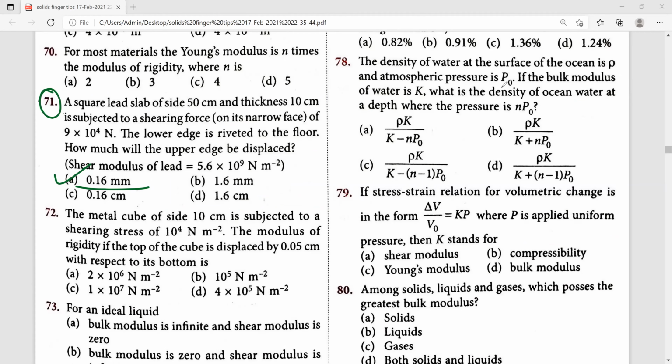Next, 72th one, a material cube of side 10 centimeter is subjected to shearing stress of 10 to the power of 4 Newton per meter square. Modulus of rigidity if the top of the cube is displaced by 0.05 centimeter with respect to its bottom yields. So which answer is suitable? We have to choose for this. So for 72th one,